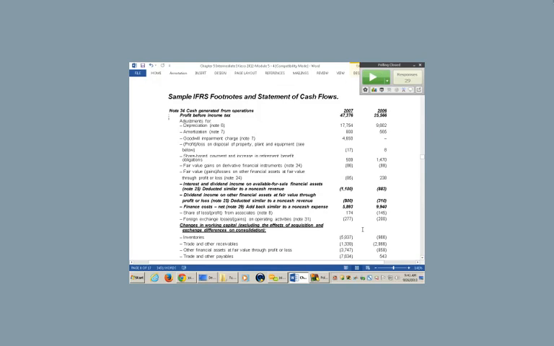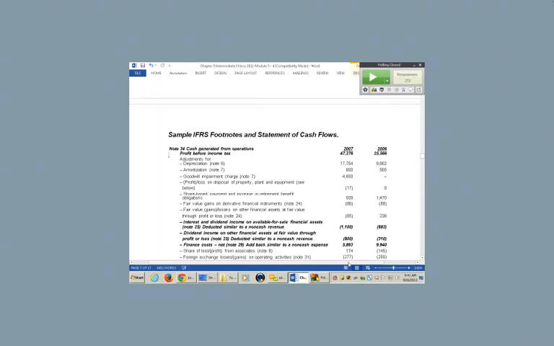And this is a separate footnote, very much like you would see in Coca-Cola, for example. But this includes the investing, this includes the operating activities. Notice the first thing. The very first line, right here, if I can get it, there it is. That very first line is profit before tax. That's a pre-tax number. So they've already taken tax out of there, so you don't have to worry about any adjustments. And then, of course, they add back depreciation, depletion, amortization.